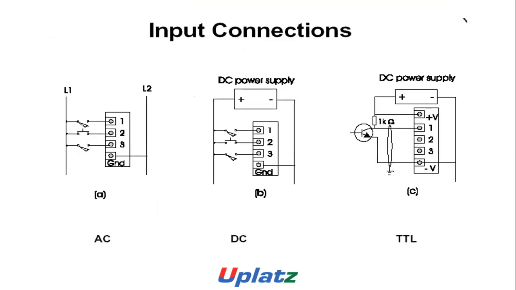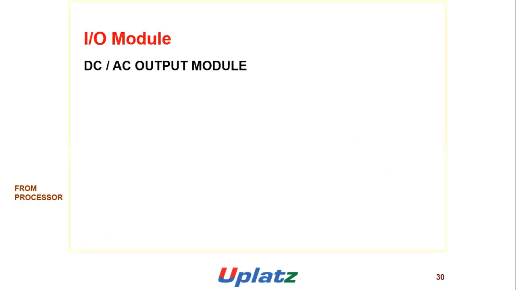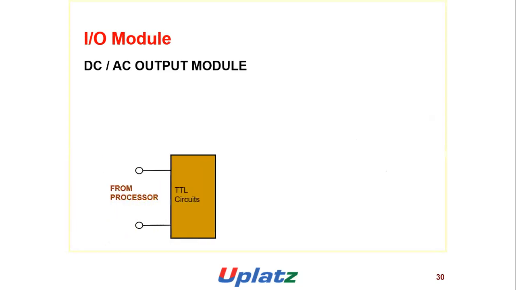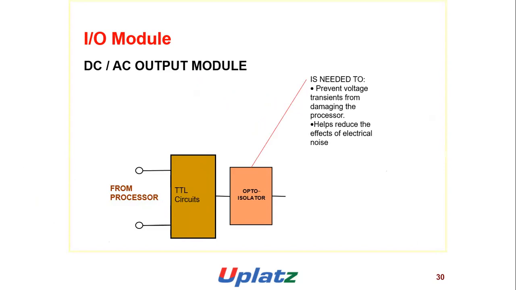Input connections: AC is connected like this with L1, L2. The DC power supply is connected as shown in the figure, and the detailed DC power supply is connected as shown in the figure. I/O module, DC in, AC out: from the processor, TTL circuit, then an opto-isolator is needed